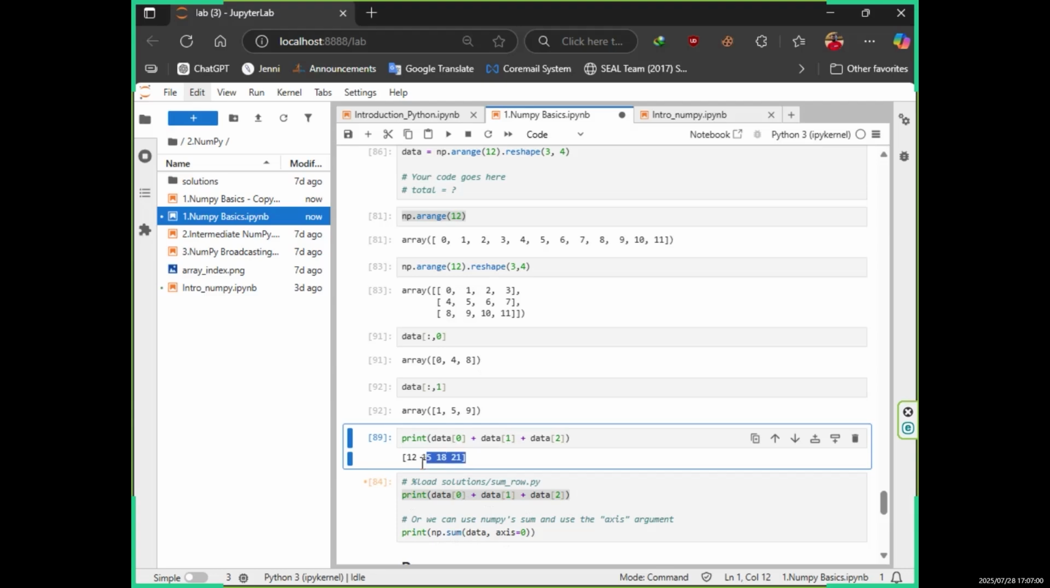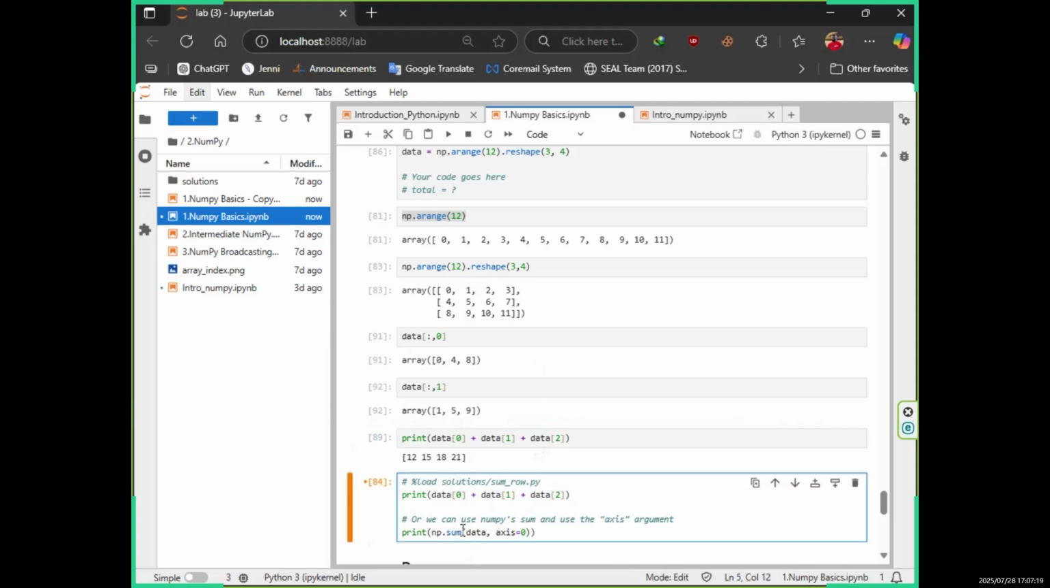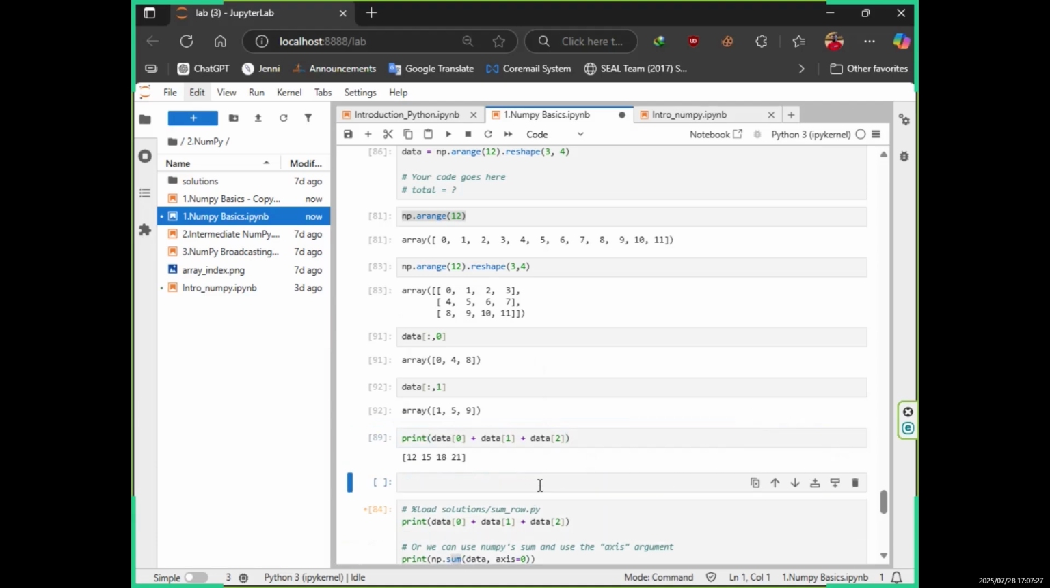Now I am asking, okay, sum all these values. After getting each column's sum, add all the values together and give me the sum. That means 12 plus 15 plus 18 plus 21. For this one, in NumPy we have a function called sum. So if you can type this command separately, if I type np.sum